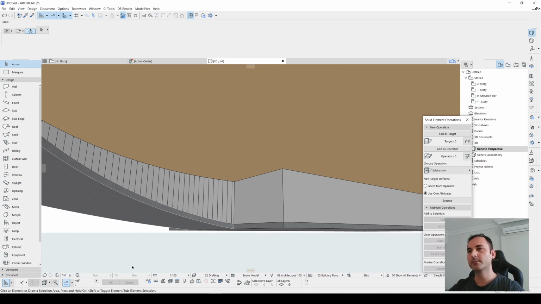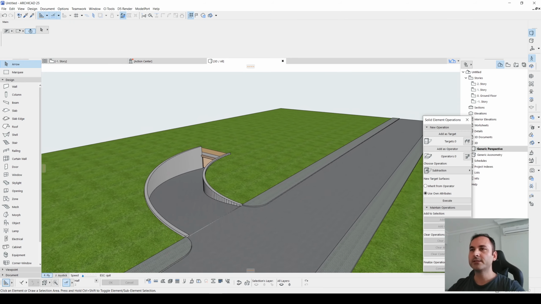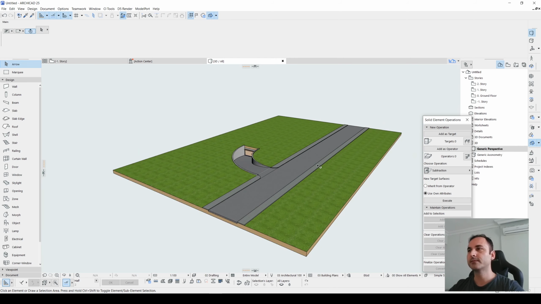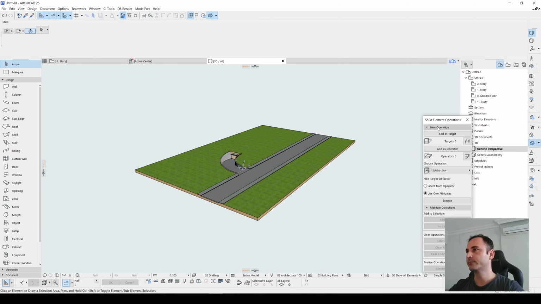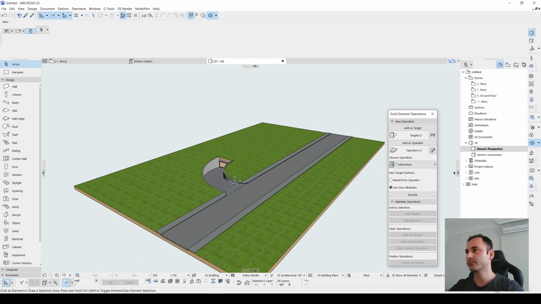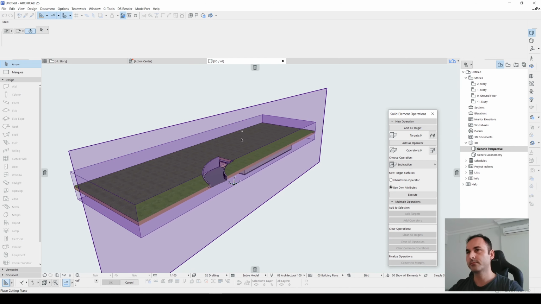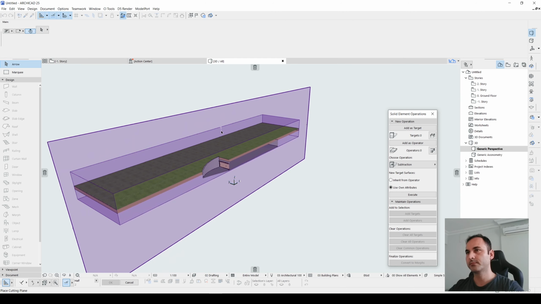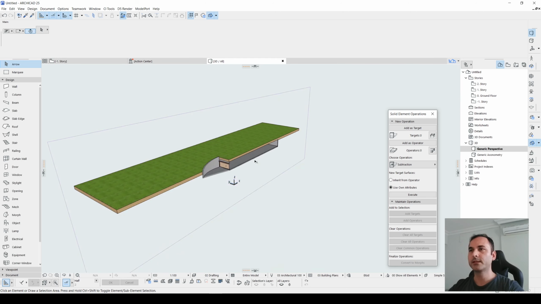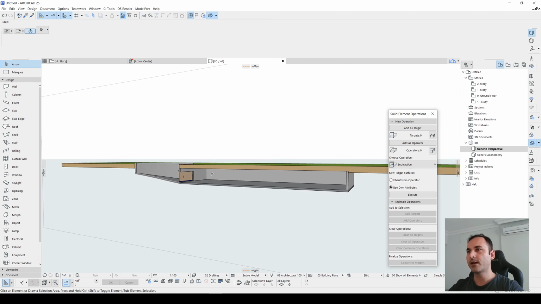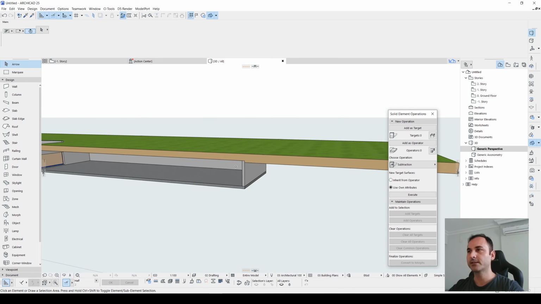Let's click OK. To see what's going on here, we will use this 3D cutaway. Click finalize, and now we can see our underground garage.